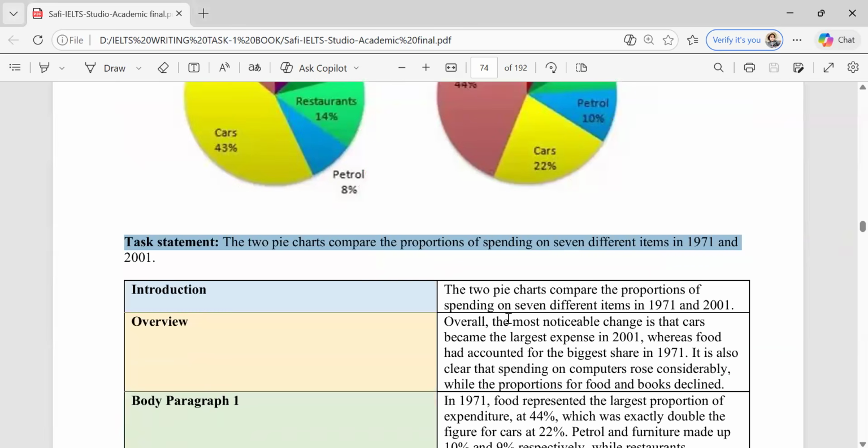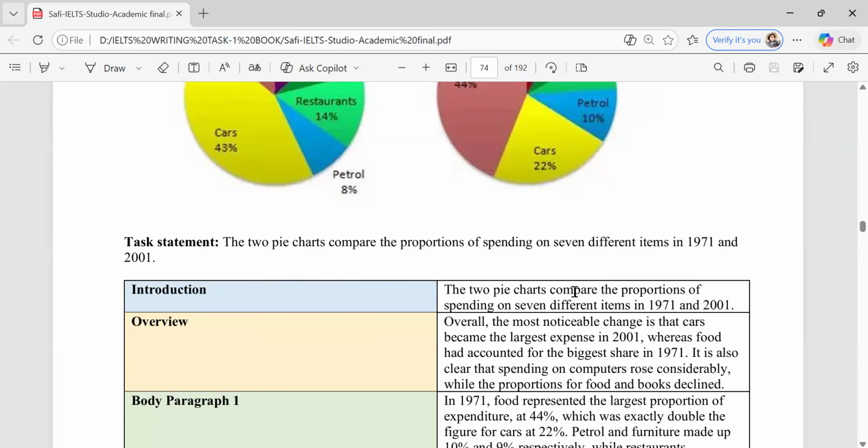this is the first part, clear? This is what they have given us, the prompt. This is my prompt. And if you look, both pie charts are two. The two pie charts compare the proportions, clear, of spending on 7 different items in 1971 and 2001. We simply paraphrase this portion. So how have we paraphrased? The two pie charts compare. So instead of